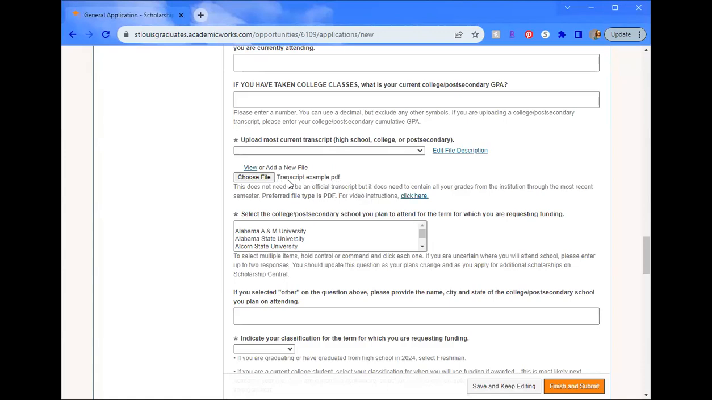You want to make sure that your file name is very simple. There are not extra periods, commas, dashes, just letters and numbers. And if you're really having trouble with the transcript upload, you can click here and it will give you a video on how to upload the transcript. You're also welcome to email